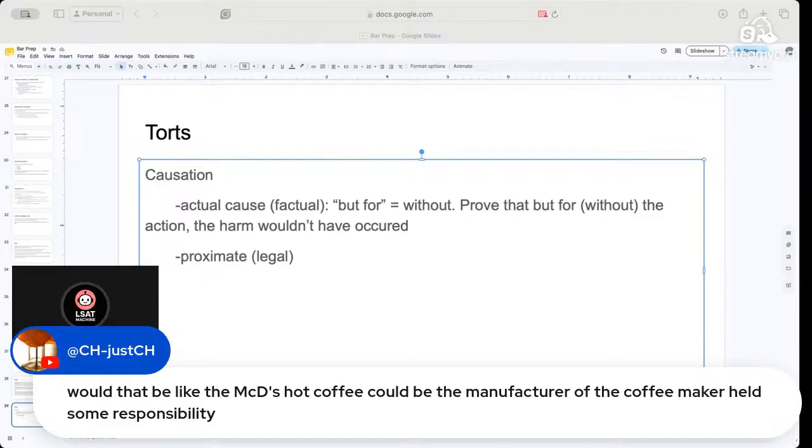But someone would probably sue the coffee maker just to try to get them in there. And that's where you would get multiple people maybe responsible. Maybe the coffee machine shouldn't have been able to go up that high and a worker shouldn't have tried it. Yeah, the McDonald's coffee was a really good example, CH. I completely forgot about that case. Yes, actually the most probable cause of the harm. Yeah, exactly. Without it, then there wouldn't have been the harm.